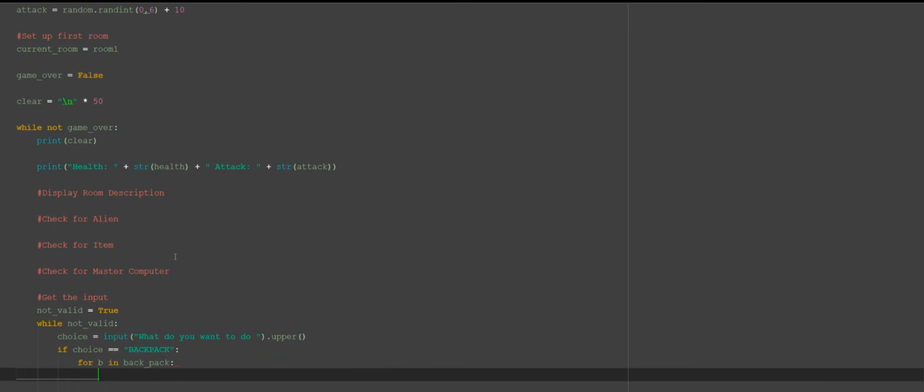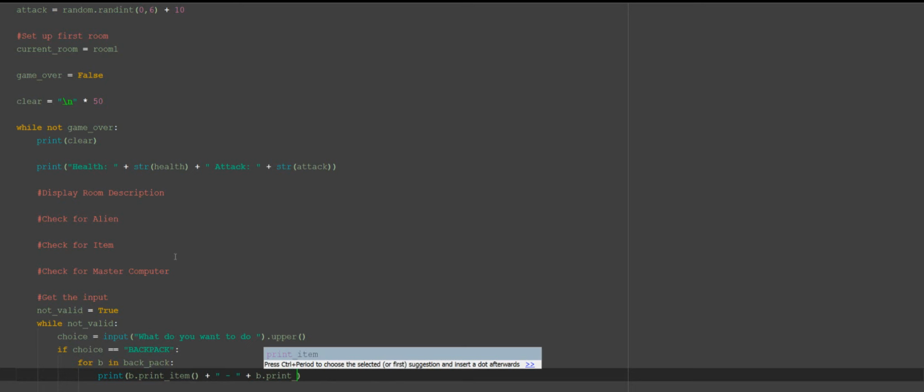And remember, in the backpack we're going to have items, so we can actually print out those items by doing print b dot print_item(), plus, and let's just do a little dash, plus b dot print_description. So if you recall, because we're going to have items in the backpack,